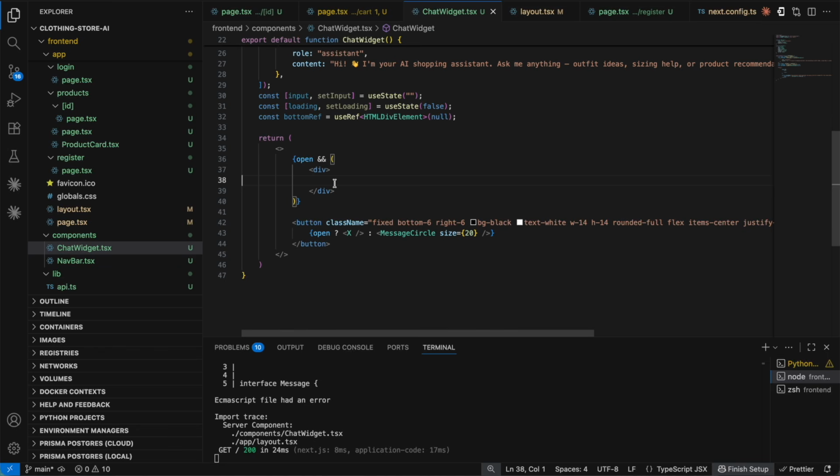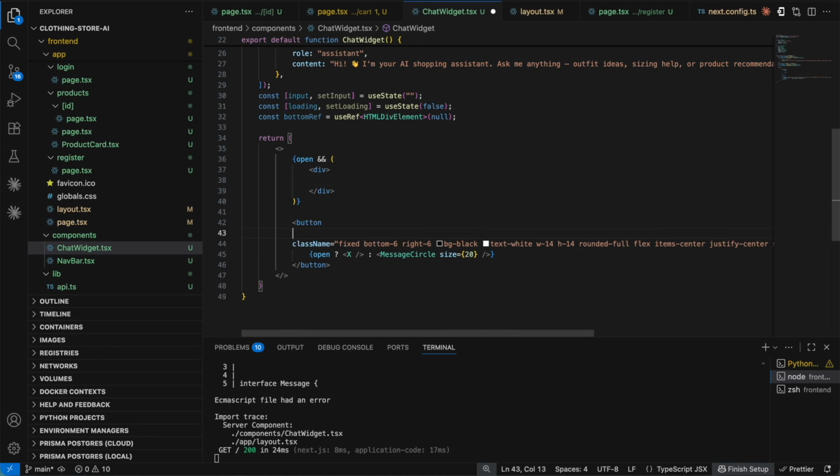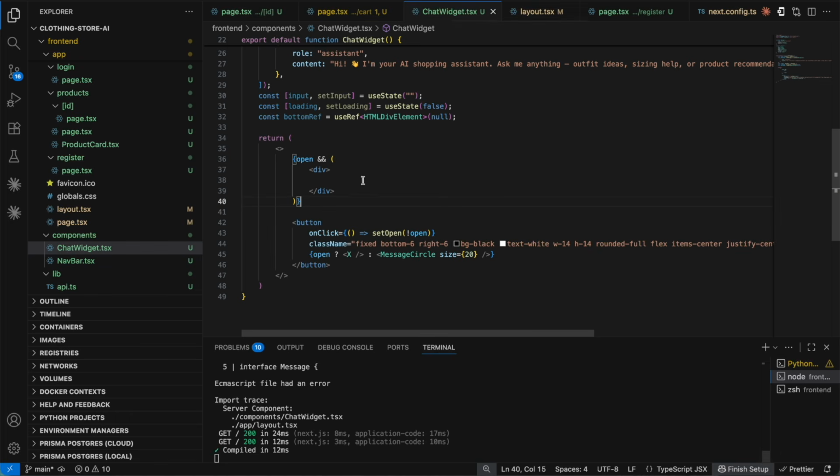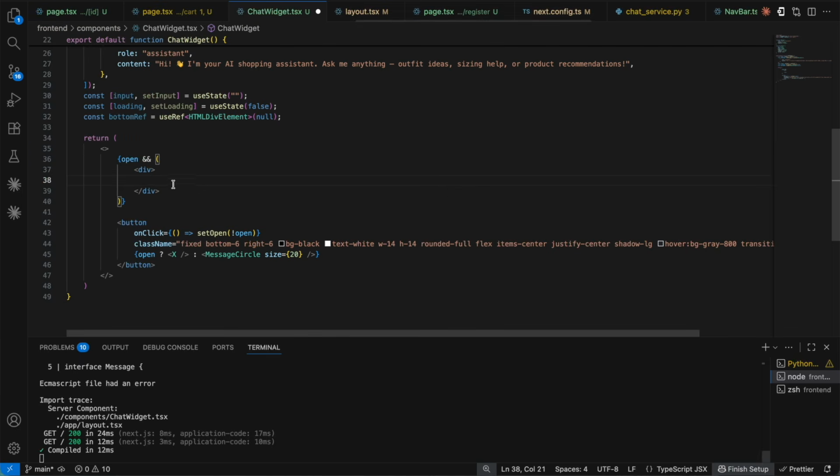So once we press on that, it is going to set to open. For that, again, initialize the on click over here. So here I'm going to say on click, set open to be not of open. If it's true, make it false. If it's false, make it true. So for the first initial div, I'm going to say class name. This also is going to be fixed,